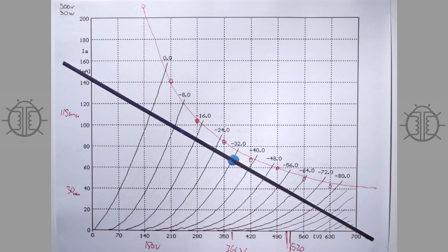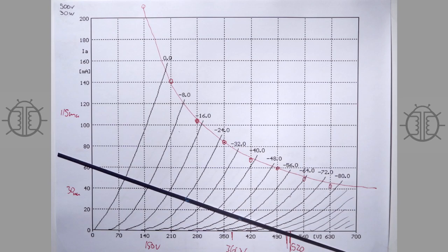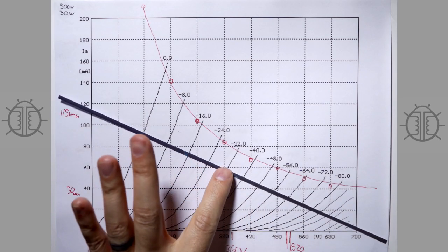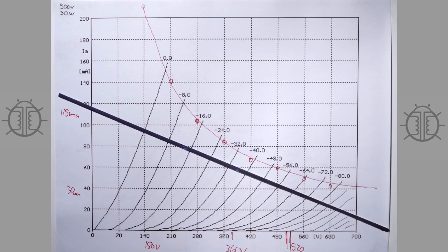All right, the next thing we're going to do is look at class AB. So this is a single tube. So let's do push-pull. First we'll do push-pull class A, and then we'll do push-pull class AB. All right. There's not much to say about push-pull class A, honestly. It's just 2 class A output stages